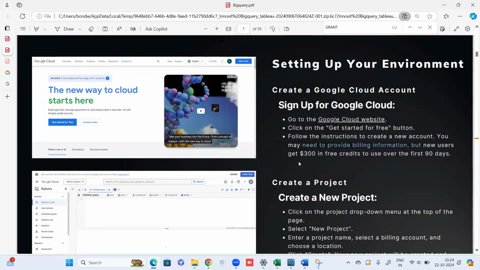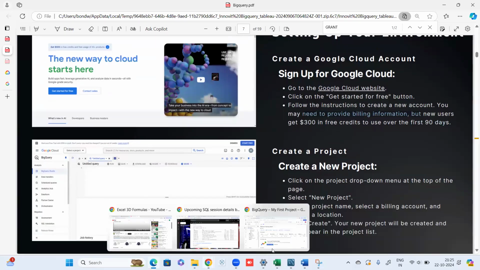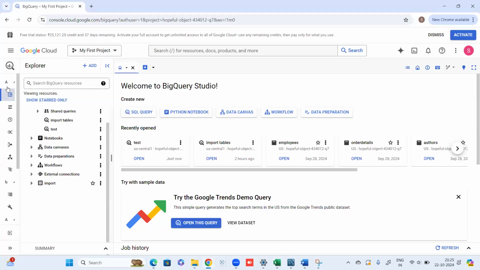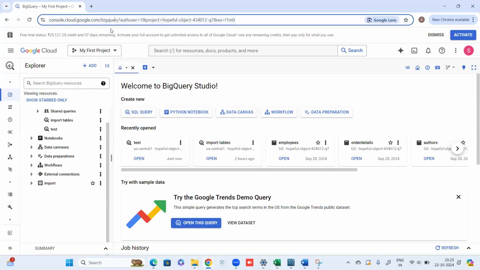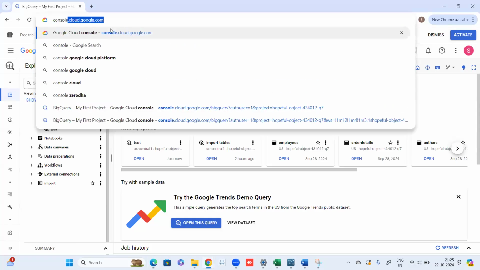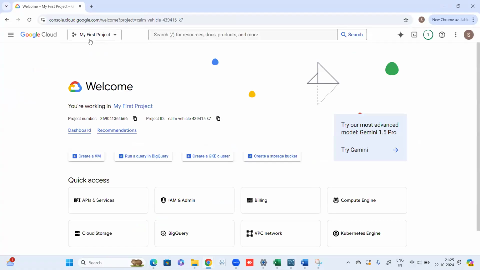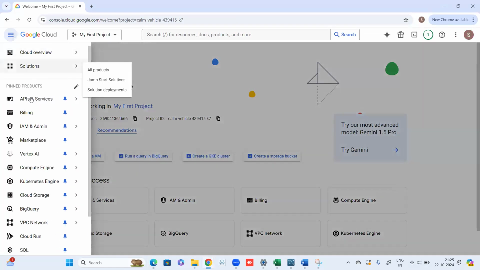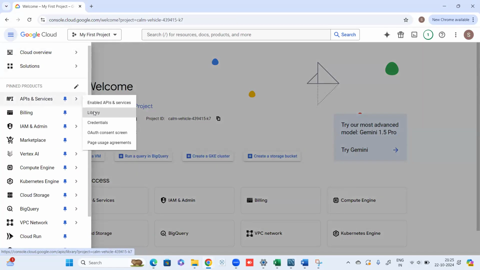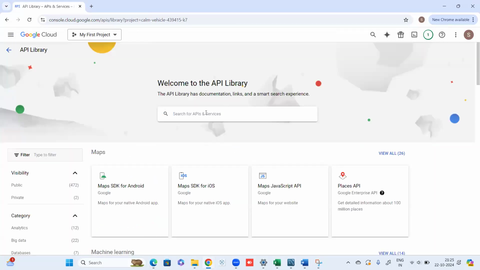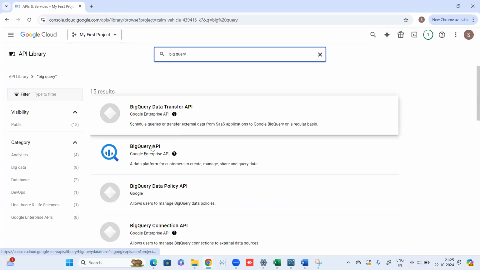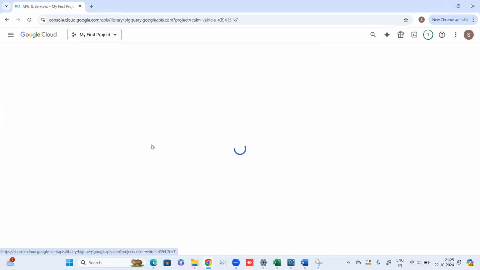Okay. Now, once you do that, your interface is going to look like this. I'll go back to my console. Right. So this is how the console is going to look like. Then you need to do one thing. Go to APIs and services from here or from the navigation menu. In APIs and services, go to library and type out BigQuery over here. Press enter. Go to BigQuery API